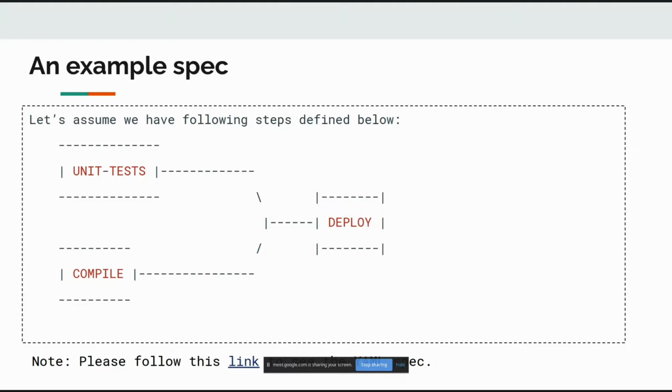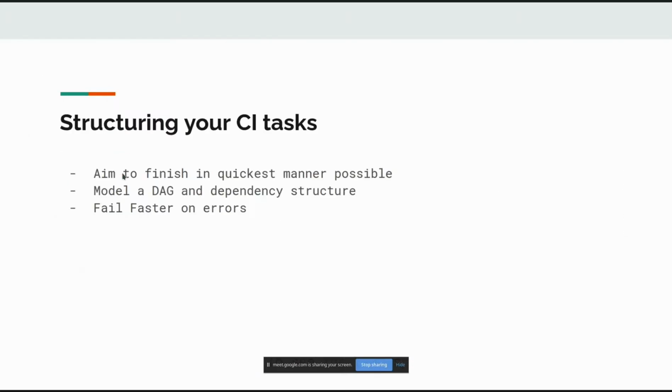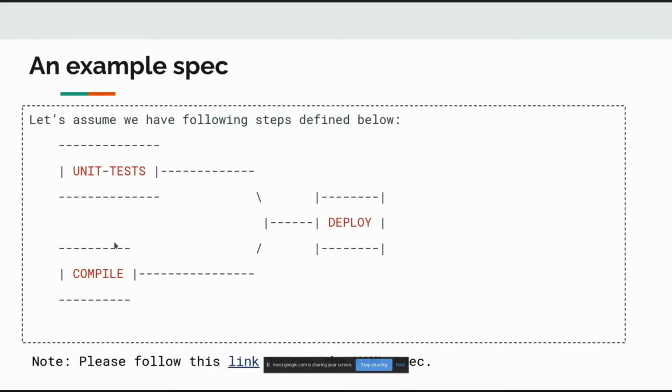You can logically divide your tasks into various isolated tasks. Let's say if you want to run test cases, unit test is one particular step that you will do. And then you can say the last task should be finished by